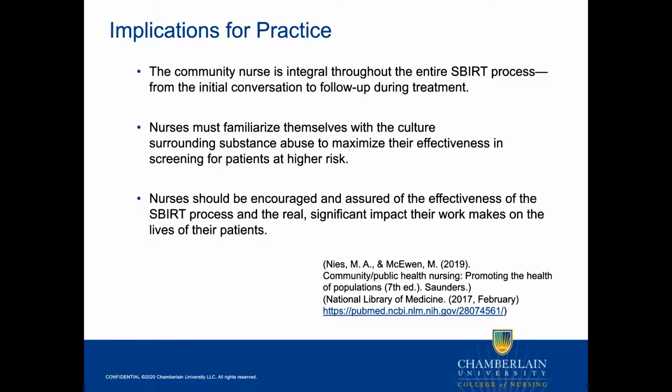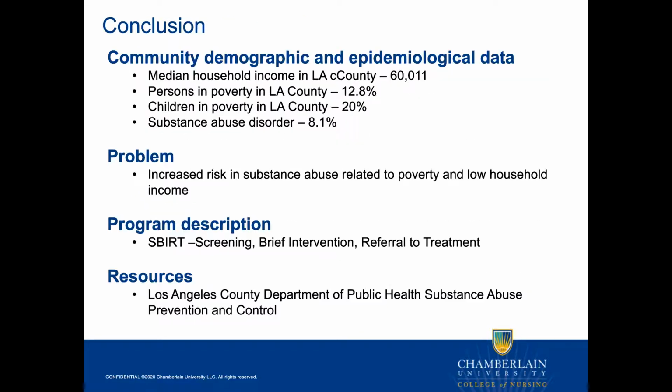The community nurse is integral throughout the entire SBIRT process, from the initial conversation to follow-up during treatment. Nurses must familiarize themselves with the culture surrounding substance abuse to maximize their effectiveness in screening for patients at high risk. Nurses should be encouraged and assured of the effectiveness of the SBIRT process and the real, significant impact their work makes on the lives of their patients. In conclusion,